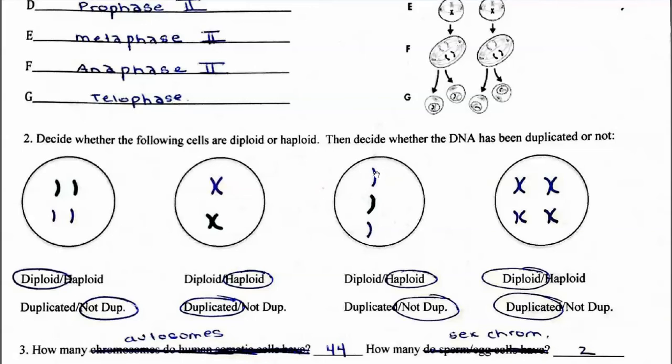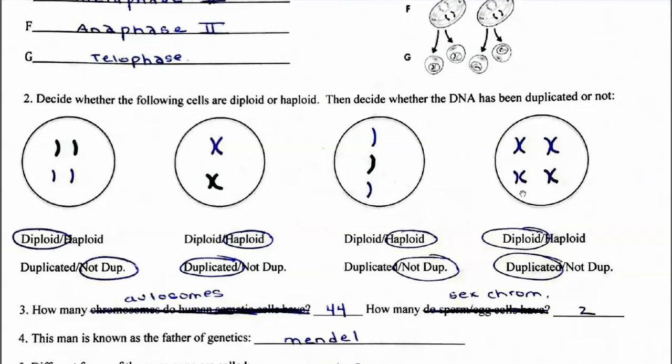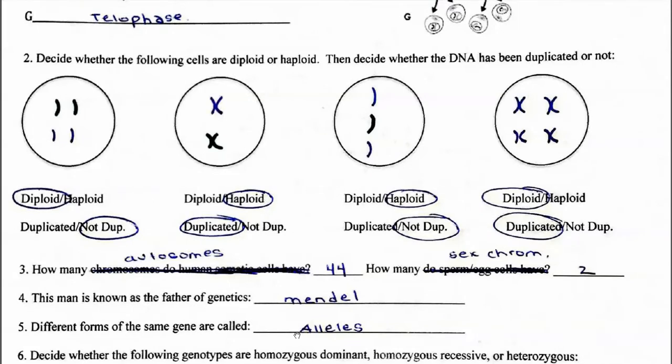Okay. So not only are they haploid because they don't have that other copy on the other side like they do here, but they also haven't been duplicated. Here, not only are there 2 of them, homologous chromosomes, but since they make X's, they are also duplicated. Okay. For number 3, I messed up this question, so period 7 knows this, period 5 knows this,